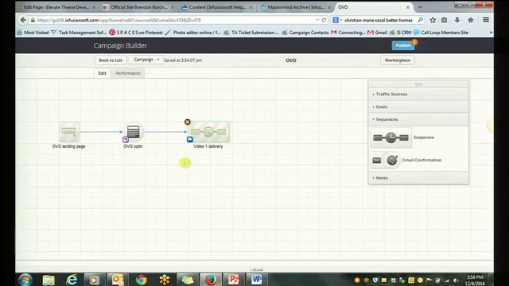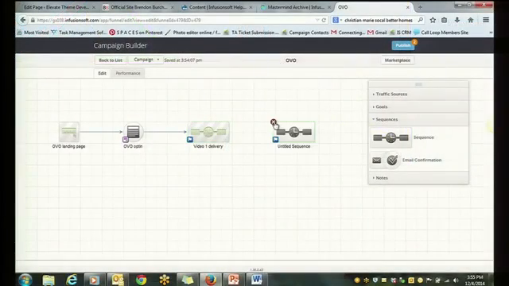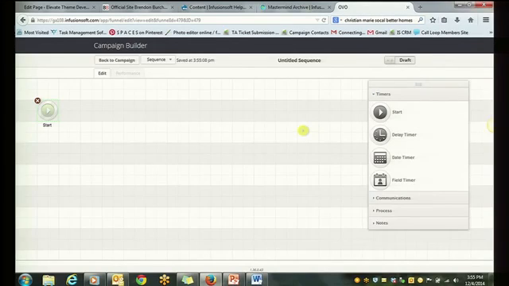All right, are we ready to clone this and do video 2? All right. So there's a couple ways to clone. I've shown you the first way to clone already, which was to hold control and then drag and drop, right? There's another way to clone, and I'm going to show you this one because it's pretty neat. You can drag out a blank sequence like this. You can double click into a sequence, and at the top there's a sequence dropdown which says I want to copy a sequence from a campaign. And you can go ahead and follow along here, drag out an empty sequence from the top where it says copy from campaign, select that,